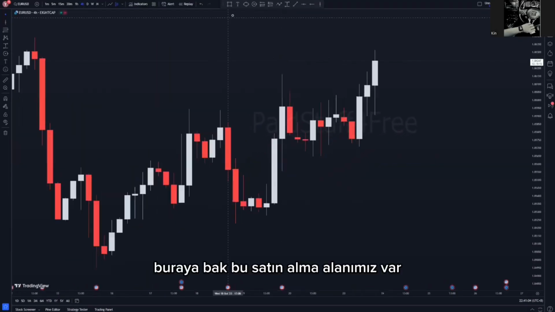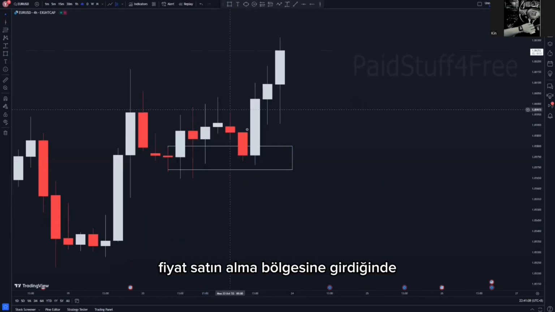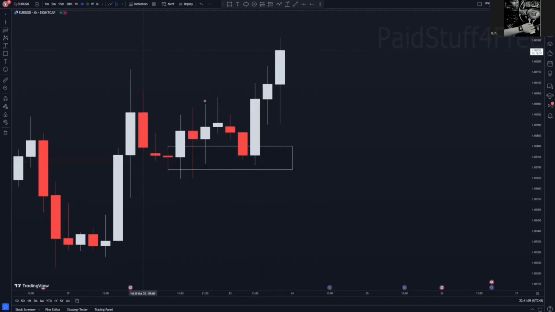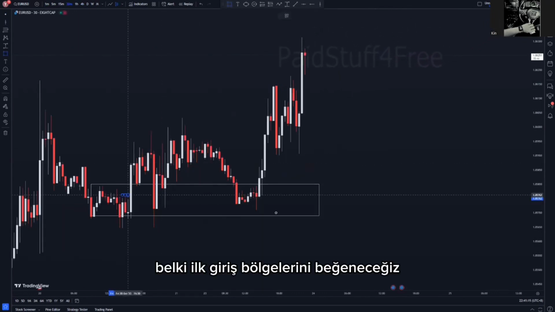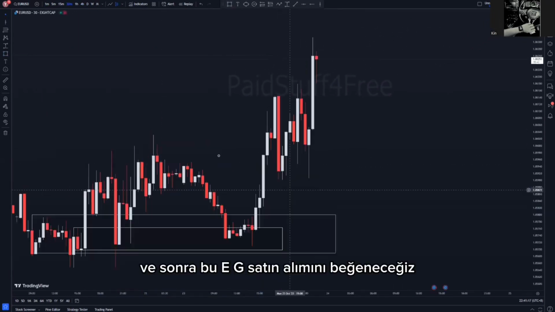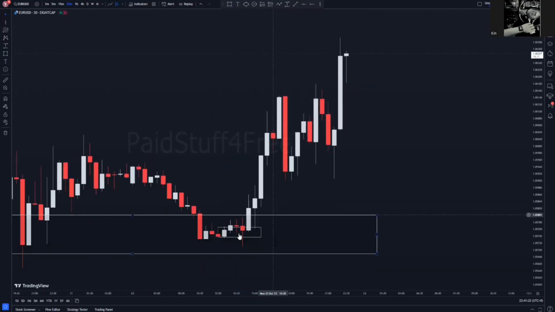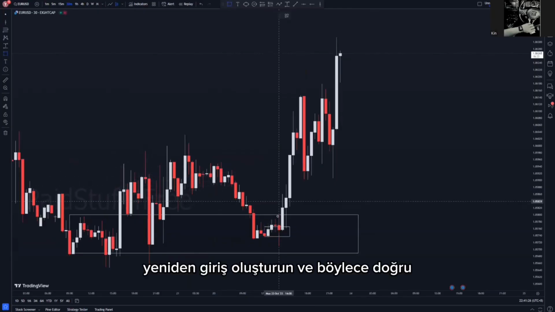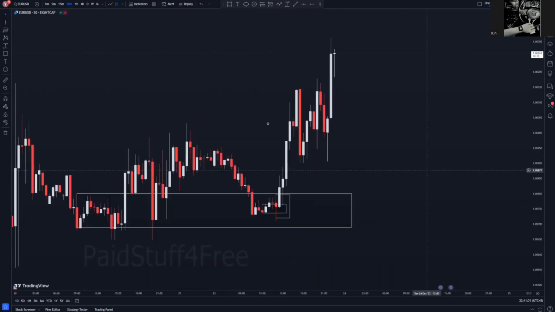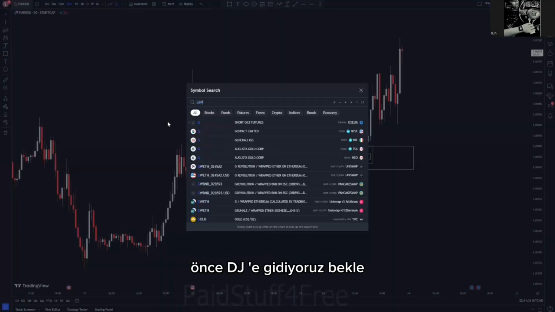Okay. Look over here. We have this buy zone. When the price gets into the buy zone, maybe we're going to have the first entry zone, and then we're going to have this EG buy, trade control. Okay, this EG buy, and then the price keeps on going up. Create re-entry and so on, right? Oil, I didn't trade oil, but yeah, wait, we go to DJ first. GBP, wait,